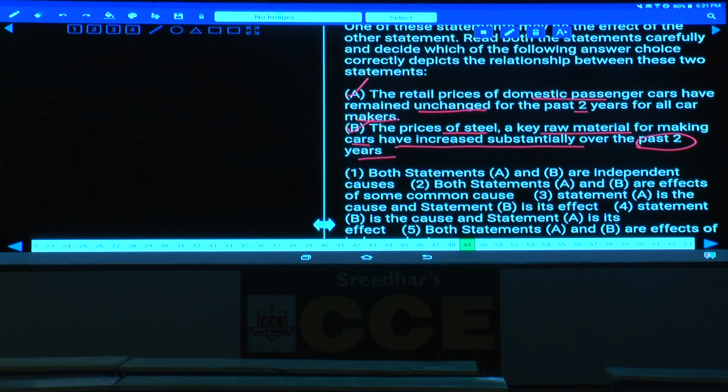These two are effects of any cause or different causes? Different causes. Hence both statements A and B are effects of different causes, isn't it? Or both A and B are independent causes. And next one,